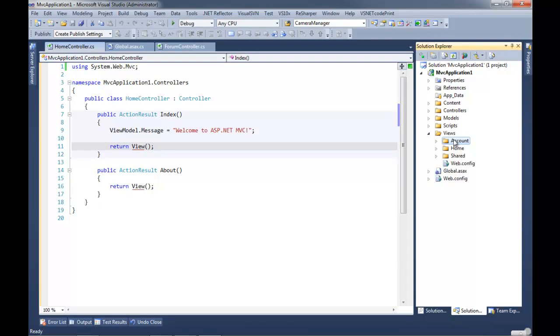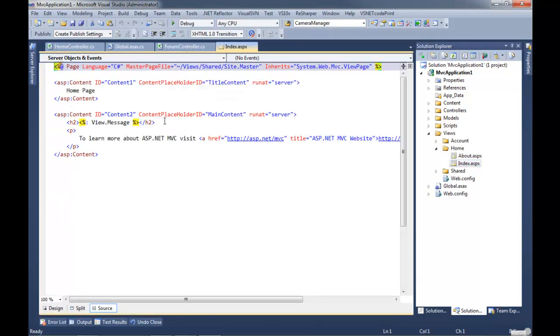By convention, it goes under the views folder, and then it goes under the controller name. Shared, by the way, is not a controller. It is just a convention for stuff that's used by everything. So we go into home, and then we see each action. Each action has an ASPX file. These are the views. Those always need to match the method name, which is the action. By default, you can override it if you were to supply your own view name. Exactly. But if you just leave it as defaults here, it has to match the method name.